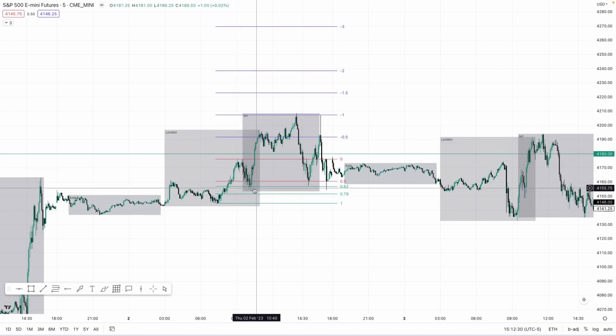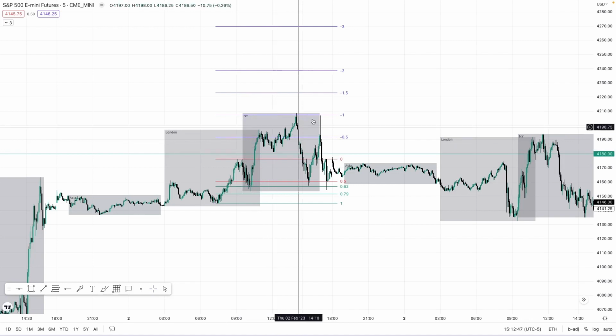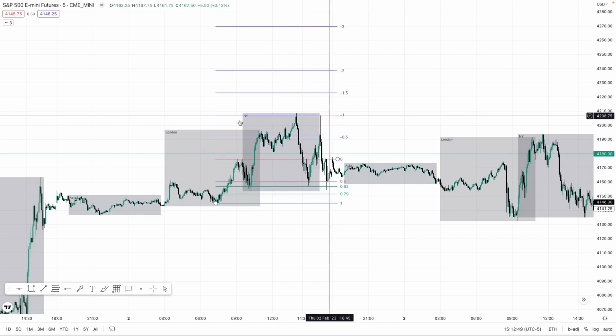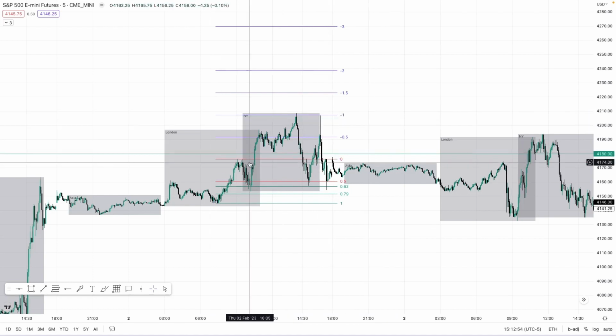Price trades back down into this optimal trade entry, into this 5-minute order block. Get a nice run up to this 0.5 fib projection. We have a lunchtime retracement, and then we run up perfectly to this 1 fib projection. Then we have price moves back down,